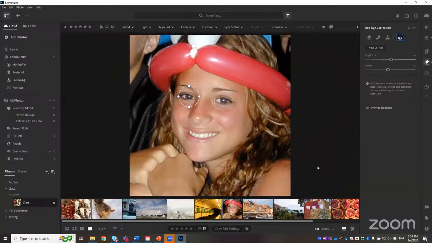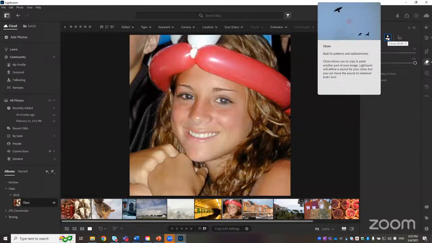Now, real quickly, before we talk about exporting, actually, we only have 5 minutes left, so I think I am going to skip the clone tool. I will say if you hover over the clone tool, it's going to show you what the clone tool can be used for. Oh, well, usually it does. Let's see. Okay, there we go. So the clone tool is really good for patterns and replacements. So it kind of works the same way that our blemish remover just did, where you can choose a source in your image